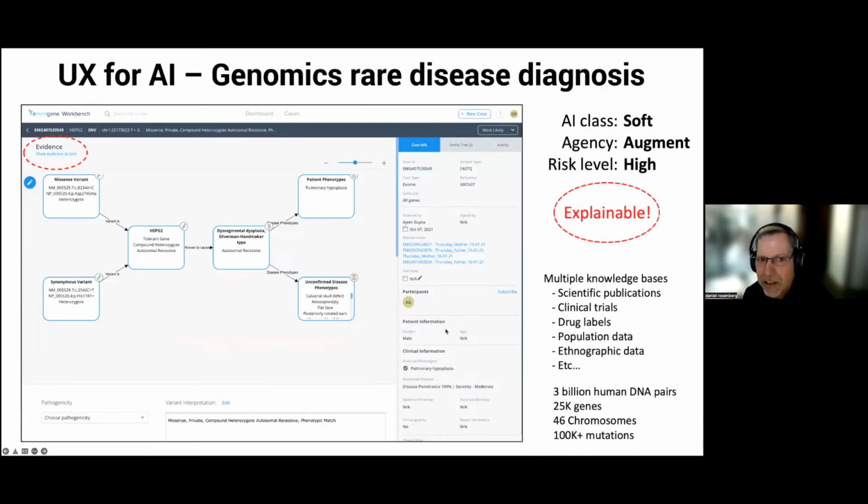Now, it is explainable. A user with the PhD wants to know, how did you come to this conclusion, right? What's known to cause what? What are the relationships in the scientific literature? And in the cancer one, it looks for clinical trials, and it looks at the chemolytic drug labels, as certain chemolytics are more or less effective based on certain genetic variants. It will look at population data, right?